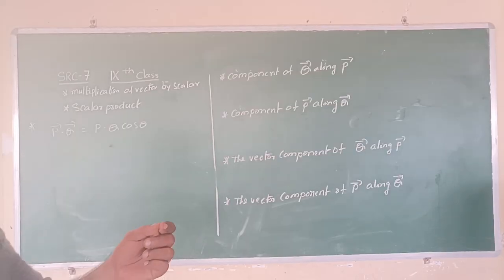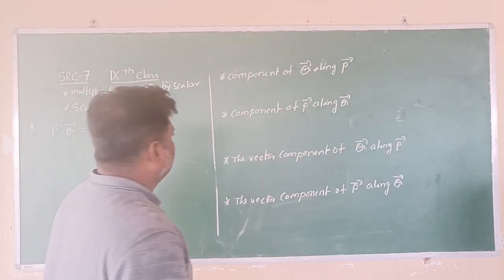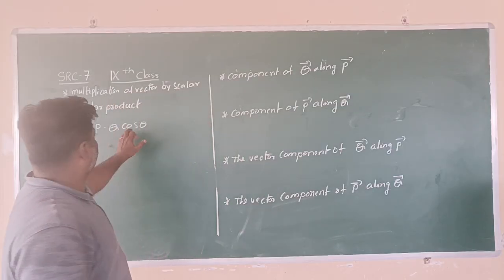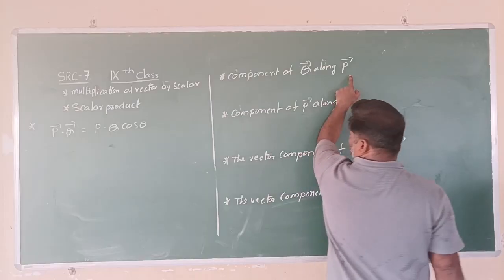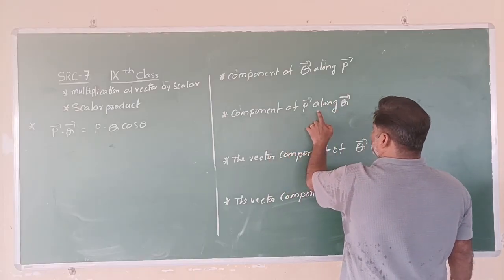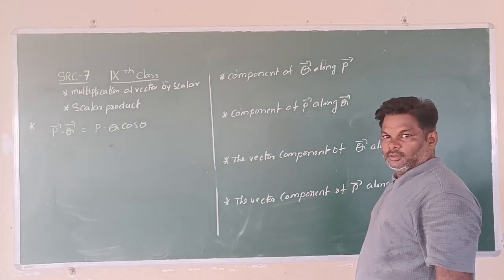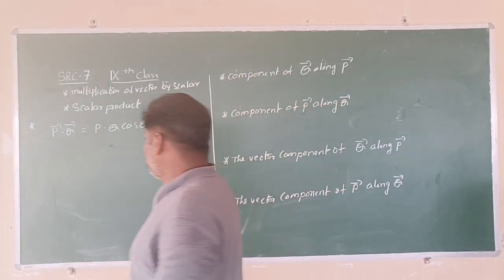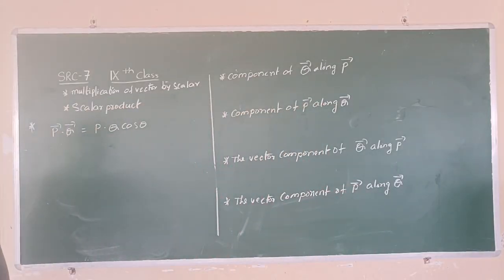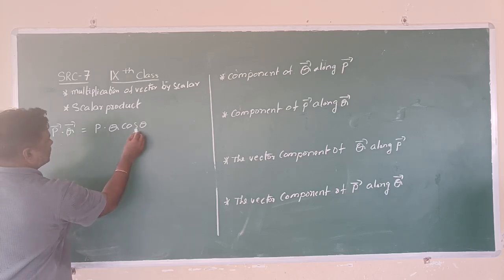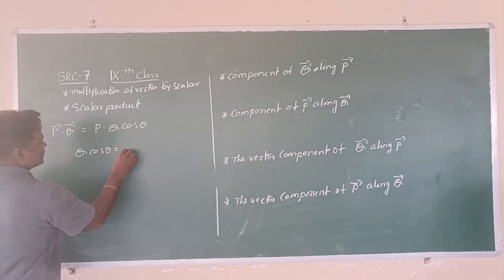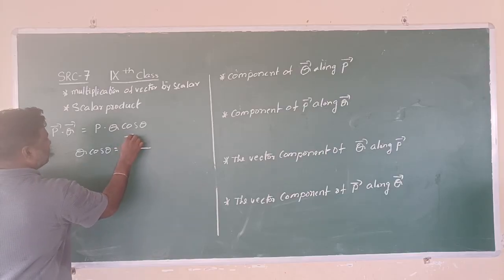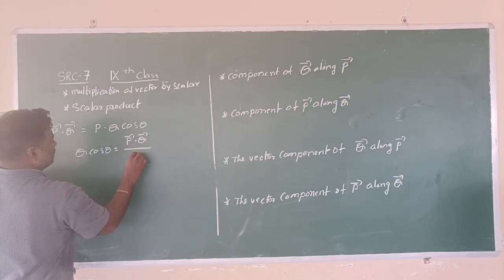So a small application, we are going to get this from the same formula. Component of Q along P bar and component of P along the Q bar. Okay, these questions you will get from problems. What is the component of Q along the P bar? That is Q cos theta. So your answer is Q cos theta. Q cos theta is equal to P bar dot Q bar by